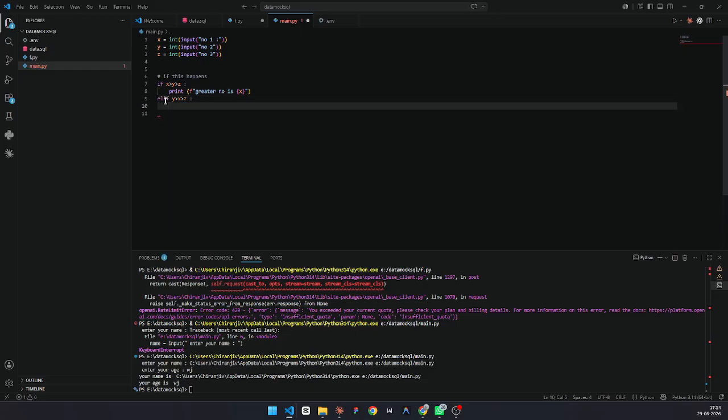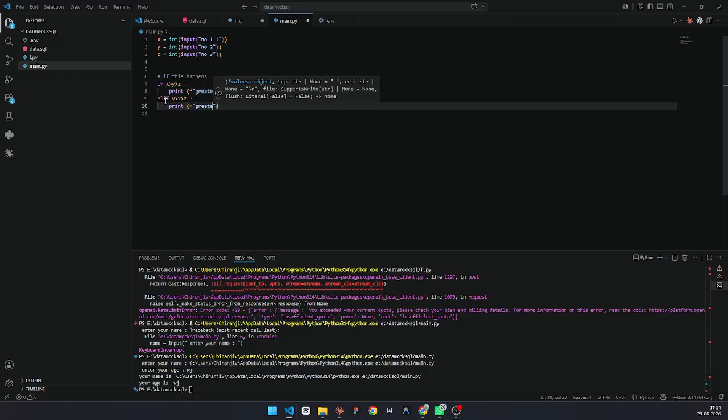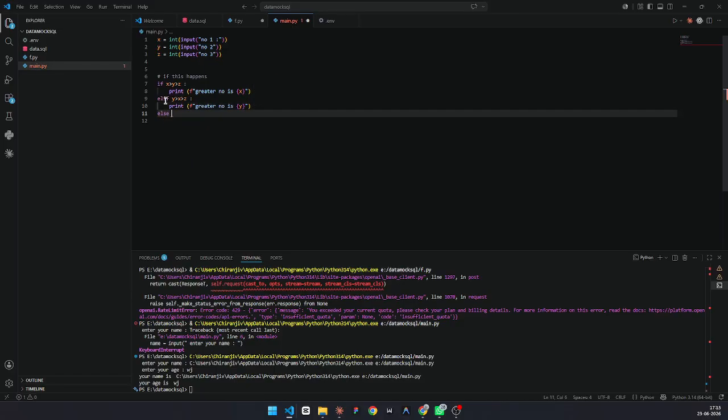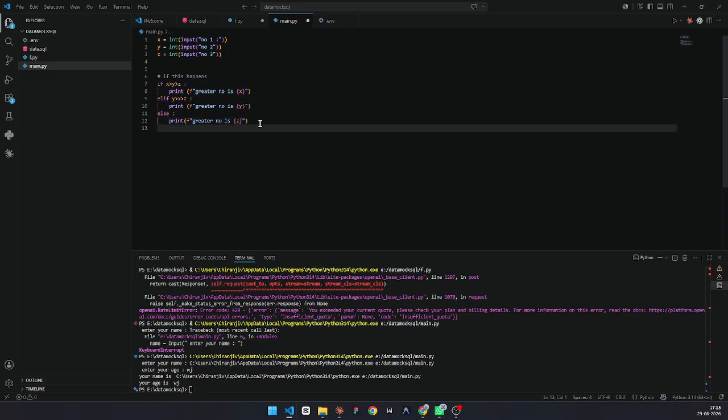Then print, and now again else. This is the most simple program. Okay, I will be teaching till this much, not further.